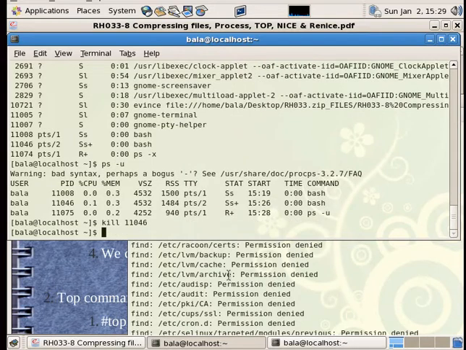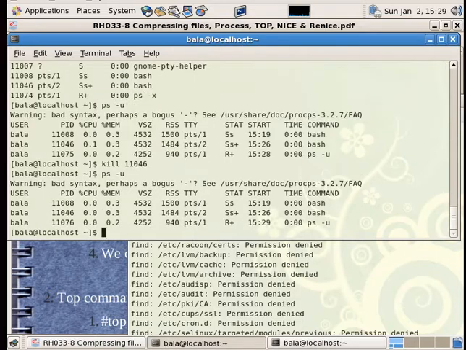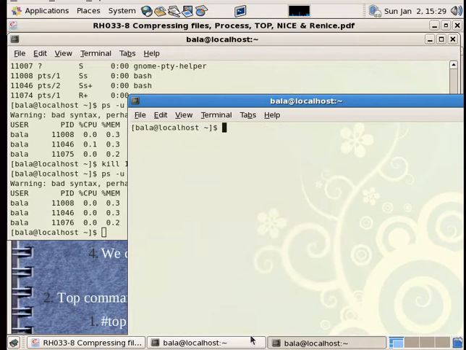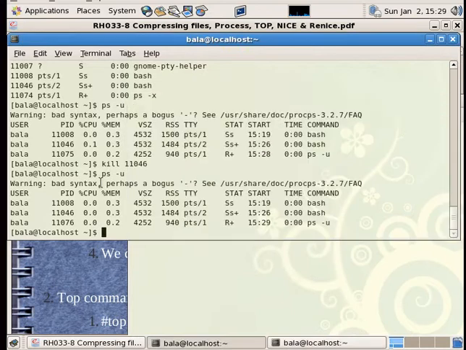Strange, did not disappear yet. Let me see if it's still there. ps -u. Okay, that is still there. I'm not sure why it is not disappearing. This is the gnome terminal, right? So I have to find that gnome terminal to get it killed.